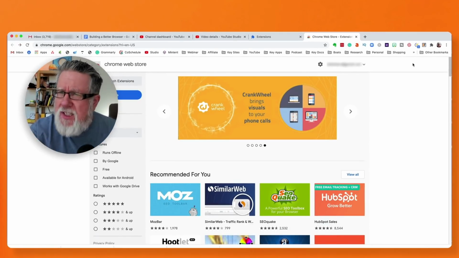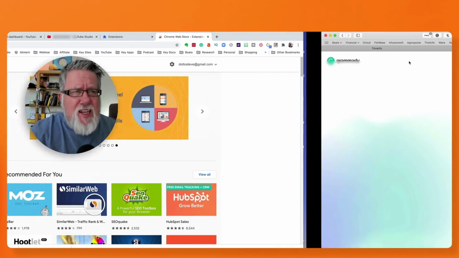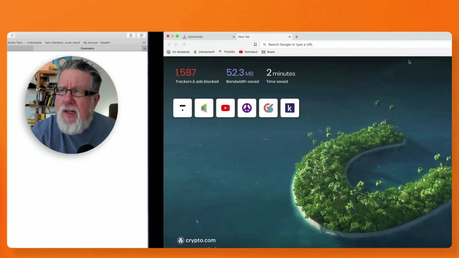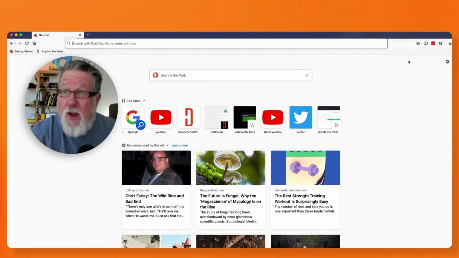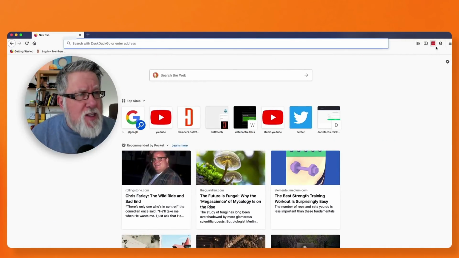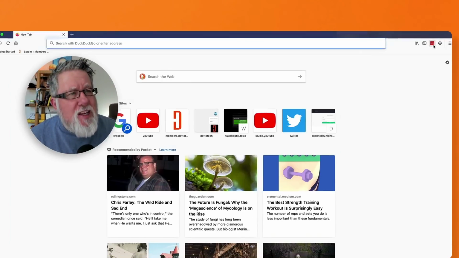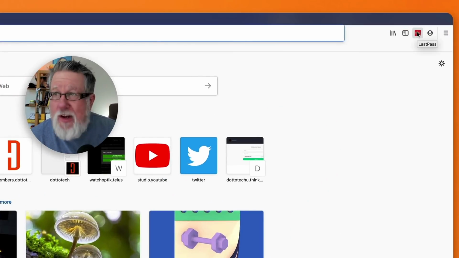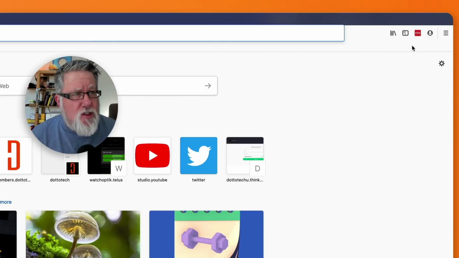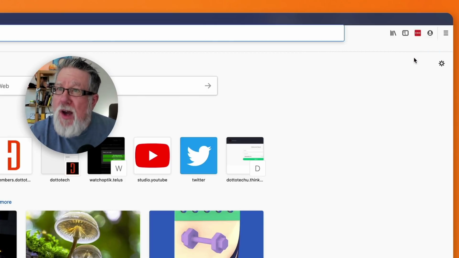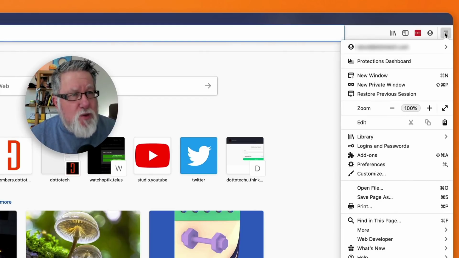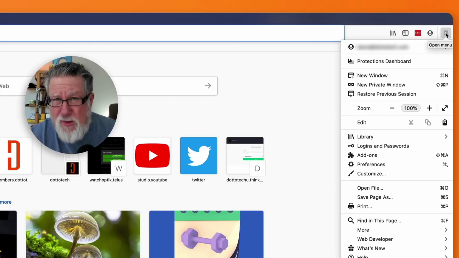Let's do it. But instead of doing it in Chrome, let's go over into, let me see, I'm in Safari here, Brave, I've got 3 browsers. Let's go into Firefox, because I don't use Firefox as much, and I see that I've only got LastPass installed. I don't have very many browser extensions installed here. So let's walk through installing one of the browser extensions that I like to use. Let's install my grammar checker, Grammarly, which I use because I always make typos and I always need correction.